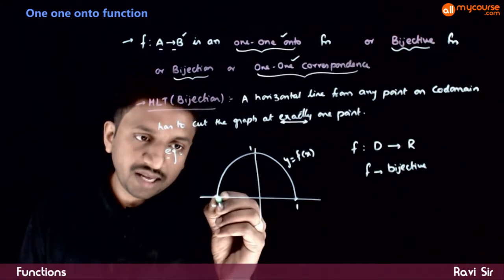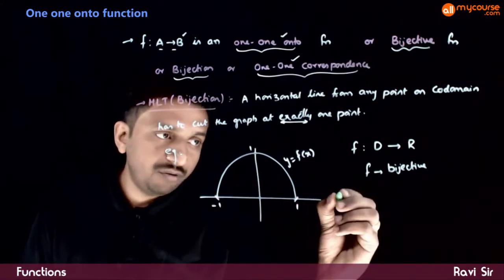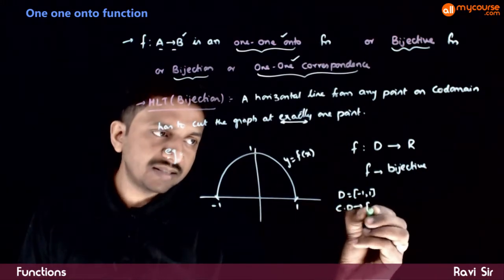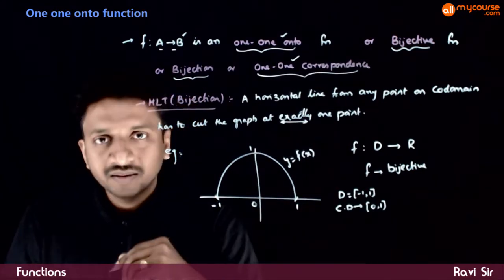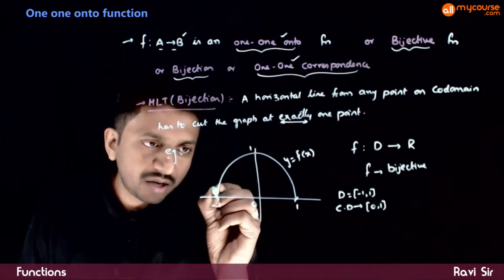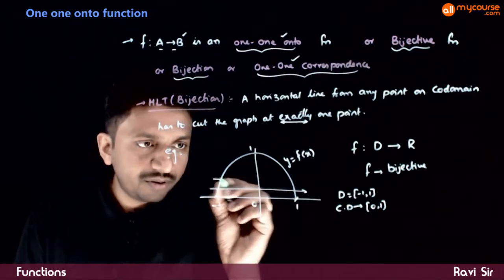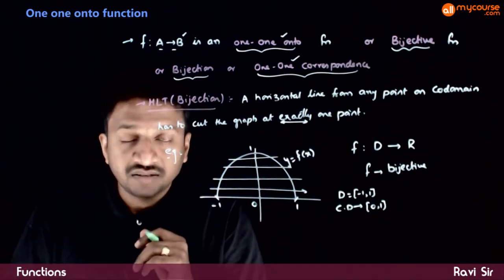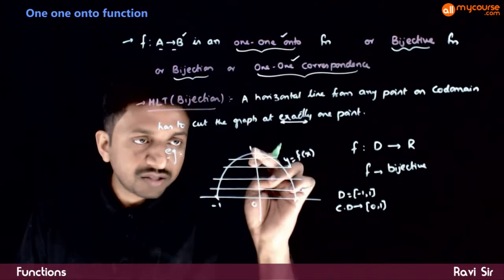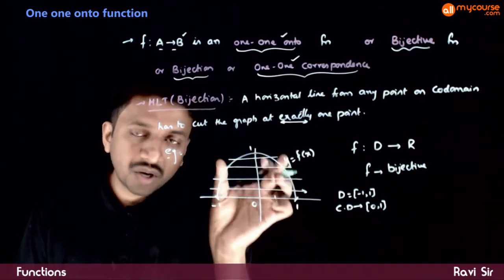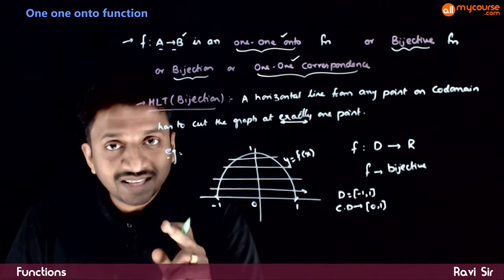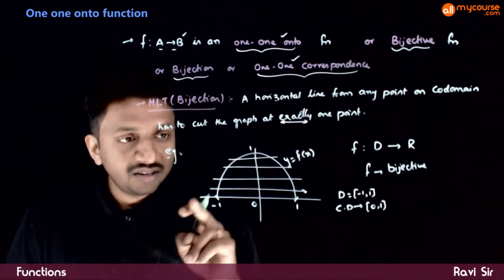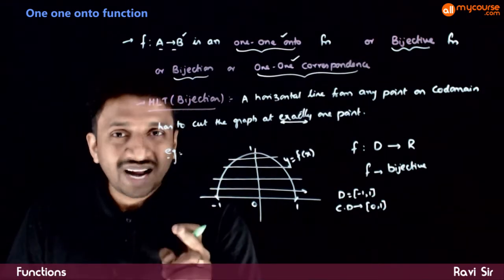So as we can see, if you take the domain as -1 to 1 and the codomain as 0 to 1, now if you draw the horizontal lines, the HLT for onto function is being satisfied, because every horizontal line cuts the curve at least 1 point, but the HLT for 1-1 function has not been satisfied, because a 1-1 function says that a horizontal line should cut the graph at most 1 point,